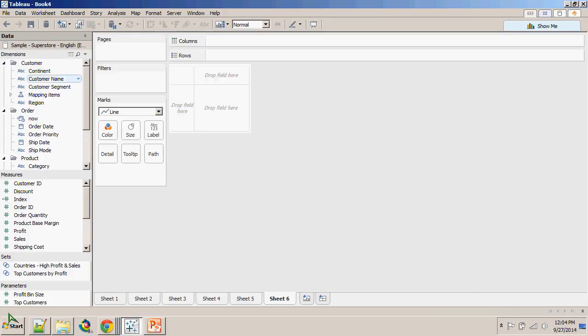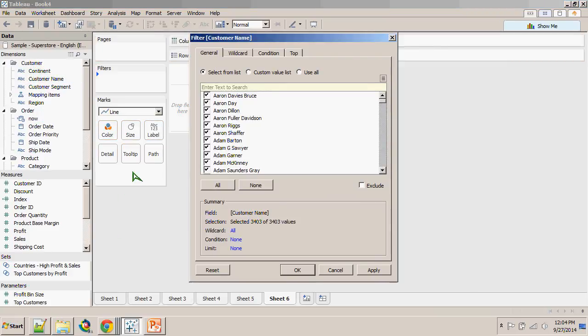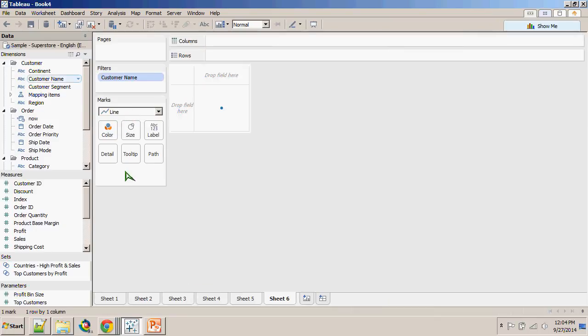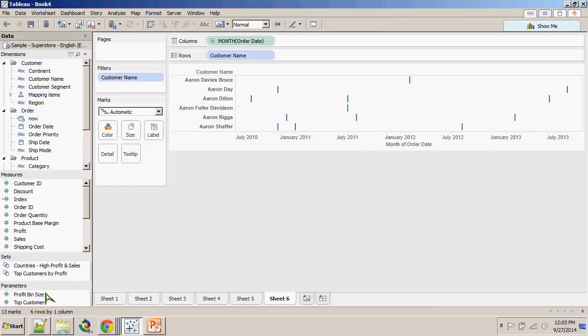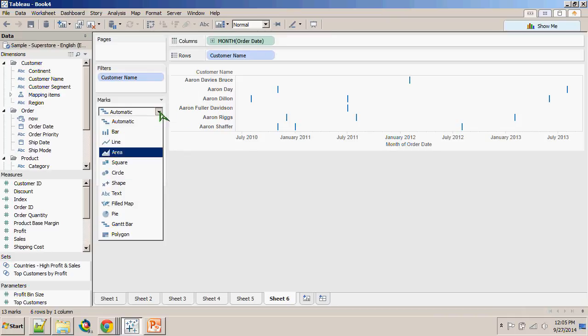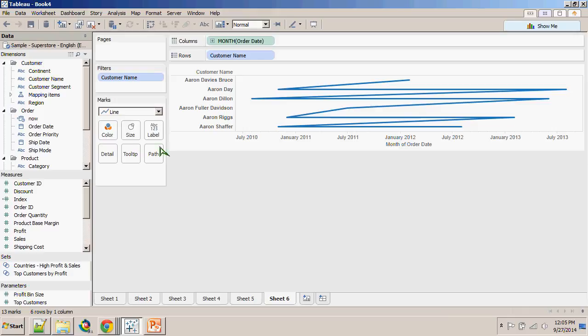Let's take us to a couple of customers. Let's select just a few of these. Okay. And so with these customers, and we'll put this back to automatic, we have ourselves a date. Let's put it at the month value here. This is not a complete domain. This is sparse data. And if I change it to be a line type right now, it still stays 13 marks. And that's because we have a continuous out here. But if we were to turn on stacked marks,